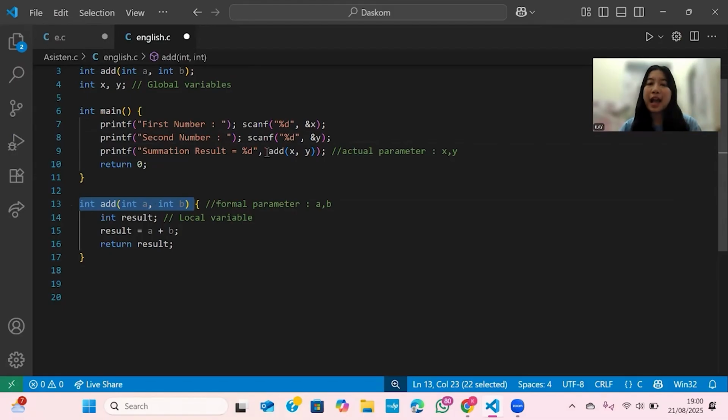On the other hand, when we look at the function called at x, comma y, inside main, the variables x and y are the actual parameters. They already have real values entered by the user. For example, if the user types 5,